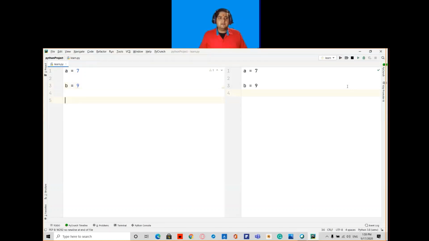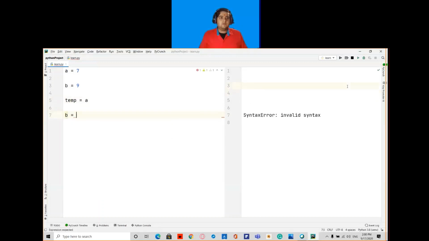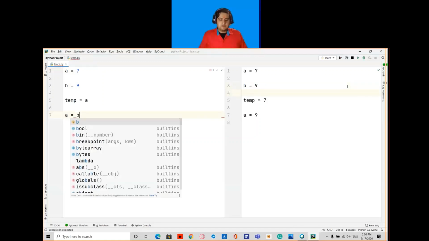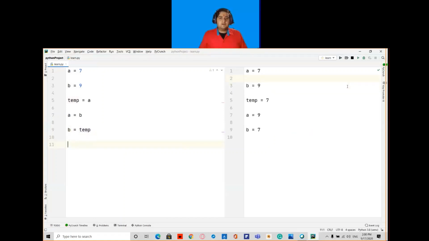For that, I will write temp is equal to A, and then A is equal to B, and then B is equal to temp. So that's how it works.